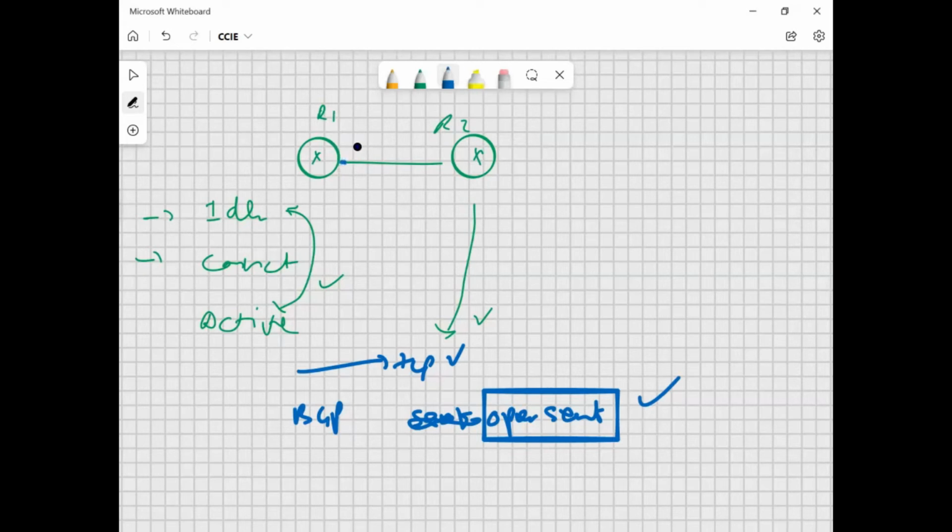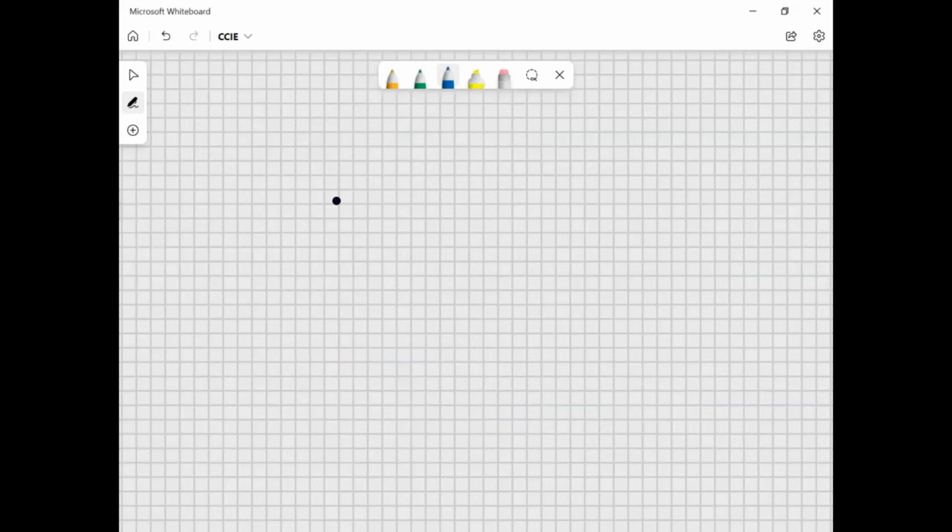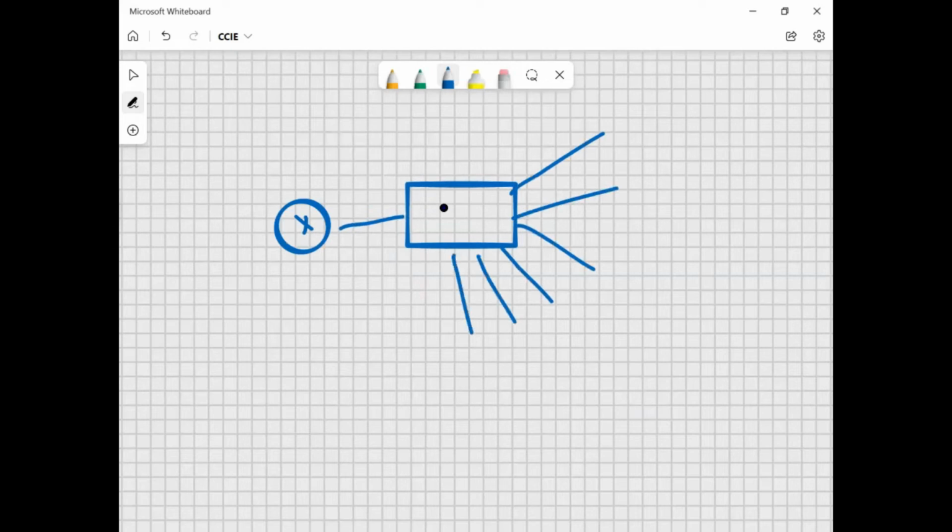Okay, this is R1, and maybe let me just draw another diagram. This is my ISP. The ISP may have different neighbors. After the ISP, there is a switch or something at the POP, where different CEs or customers are available. And I am saying